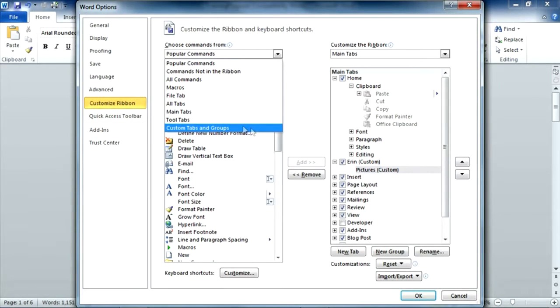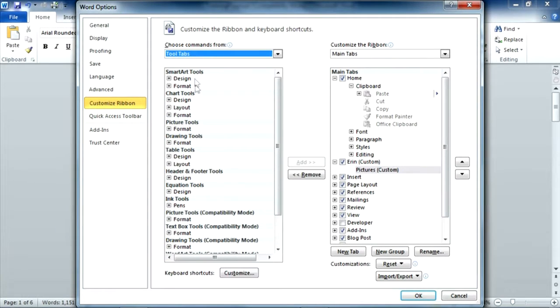Let's try this one first. Let's select Tool Tabs and take a look at what we have. I'm talking about pictures, and I actually do see something called Picture Tools. Now this is an entire group or category. So within Picture Tools, I have one selection I can make, and that's actually formatting of pictures. If I go ahead and select that, and click Add, I want you to watch what happens to my custom